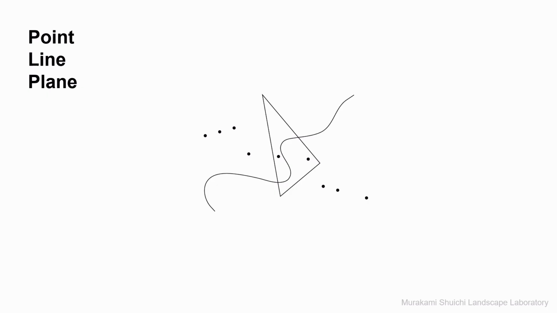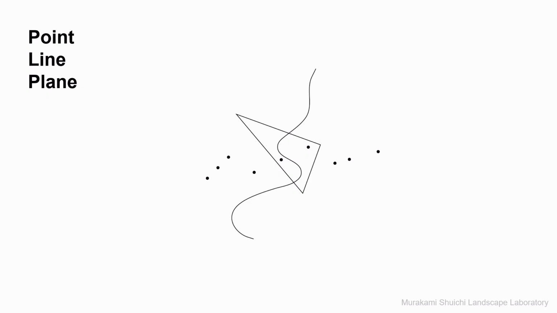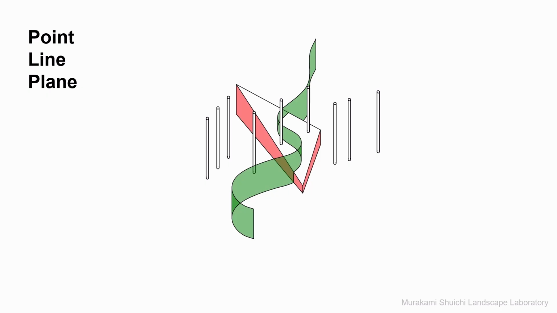Now let us explore the potential of combining points, lines, and planes. Here on this plan, we have 9 points, a single meandering curve, and one triangle. From this drawing, what kind of three-dimensional space can you imagine? Let's try to draw it in axonometric projection. It could be a space where cylinders of equal height, a thin undulated wall, and a raised triangular surface intersect